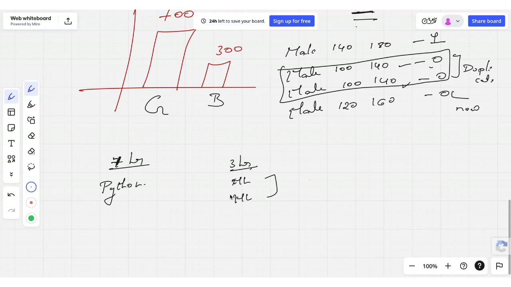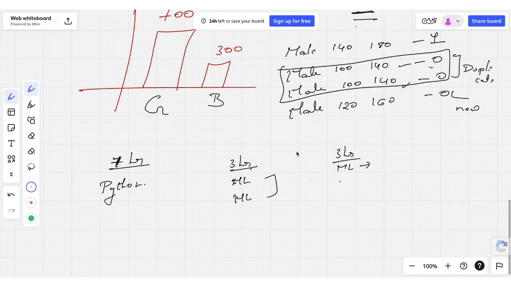When it comes to SMOTE, what I'll do is match it now. 3 hours I'm teaching you the first part of ML. For the remaining 4 hours, to match the Python hours, I'll teach new topics based on the existing ones, whatever I have missed. Those things I'll include, which are different from what I taught in the first 3 hours.